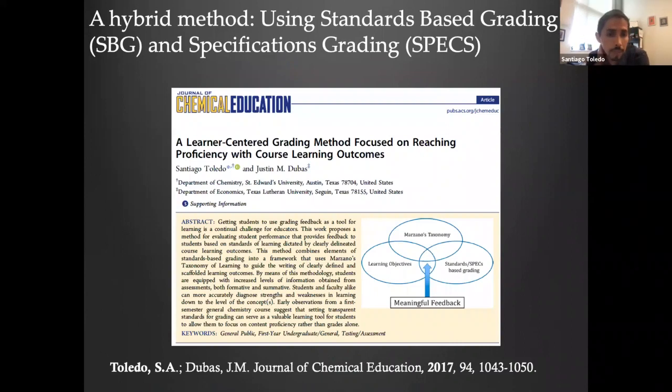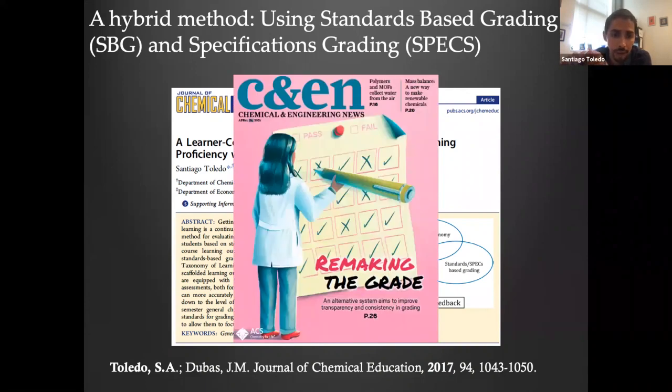So we published this original work in the Journal of Chemical Education where we blended these two ideas together in sort of the beta version of that. And today I'm going to tell you a little bit about the evolved version, the next generation work that we did. This work was recently highlighted in a cover article by Chemical and Engineering News magazine. And I think Colleen was in there as well. We were both interviewed for this article. I think this shows you the level of mainstream, how it has turned from when we first introduced it, and now is becoming something that a lot of people across our community of chemists are starting to utilize across the country.